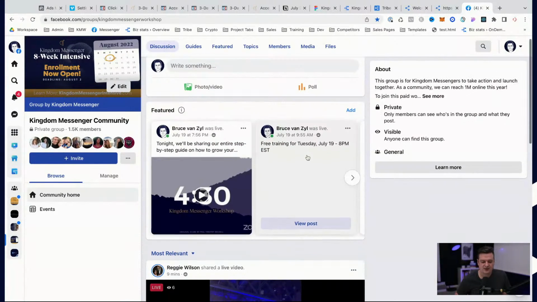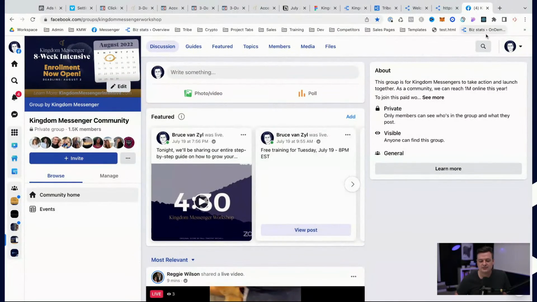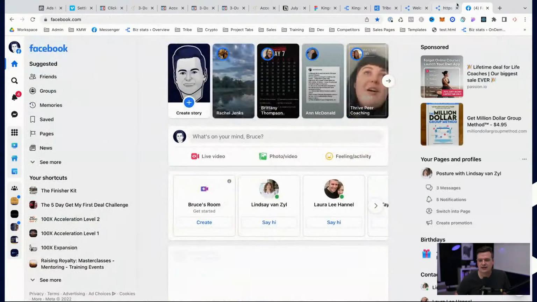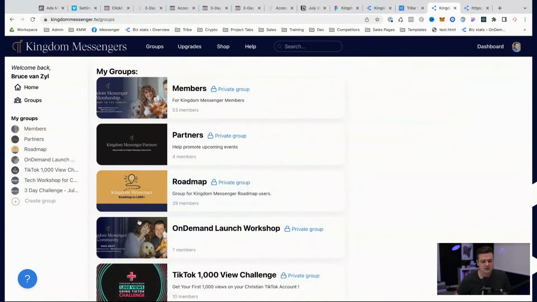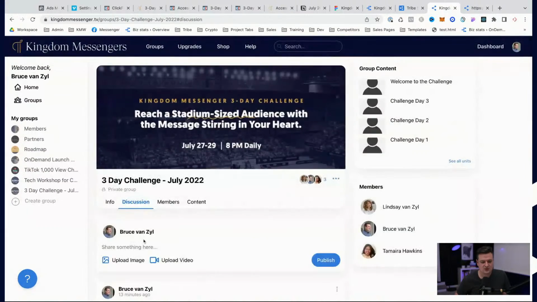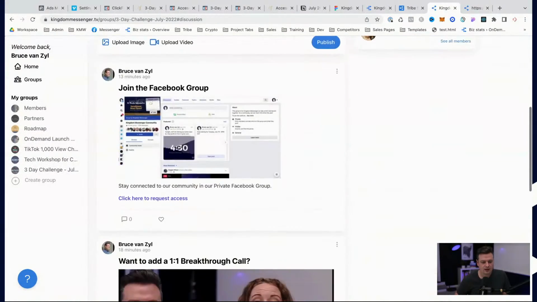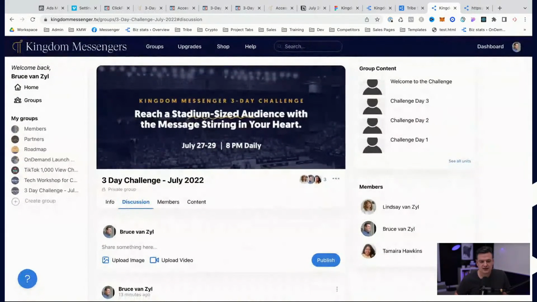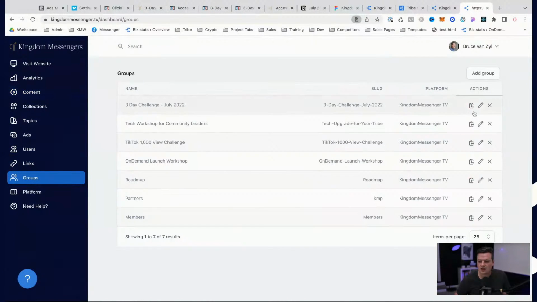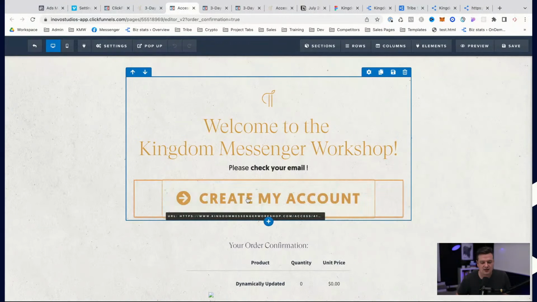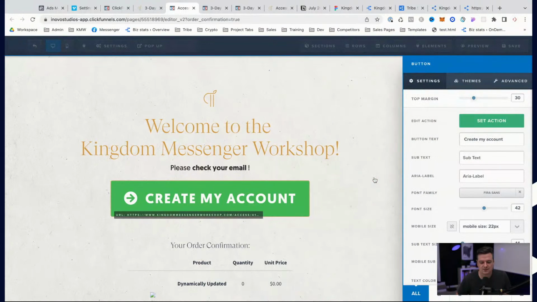Oh, I know why we did all this. We need to grab some screenshots of this. Why am I on Facebook? I'm on the wrong page. There we go. That's why we're here. Groups, 3-day challenge, and I'll grab some screenshots. And what I actually need is over here, groups, and we'll go to 3-day challenge, and I'm going to copy a magic link. So when people click this link, they're going to jump straight into our